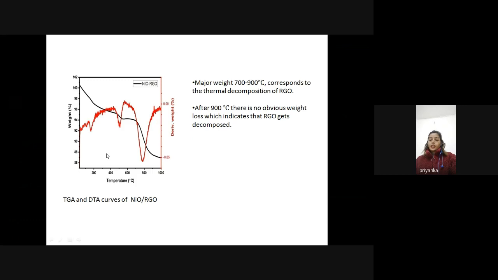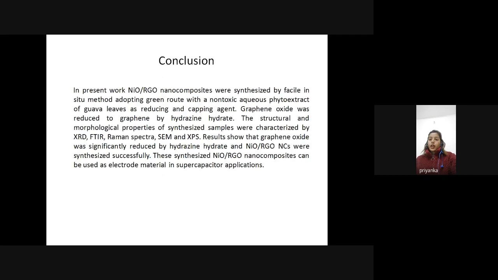In DTA and TG curve of NiO-RGO nanocomposites, there is a weight loss between 700 to 900 degrees centigrade, which corresponds to the thermal decomposition of RGO. And here we can see that after 900 degrees centigrade, there is no weight loss, which indicates that thermal decomposition of RGO is completed. So from the characterization results, we can conclude that we have successfully synthesized NiO-RGO nanocomposites using